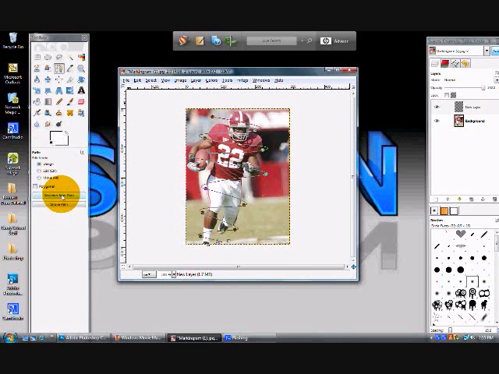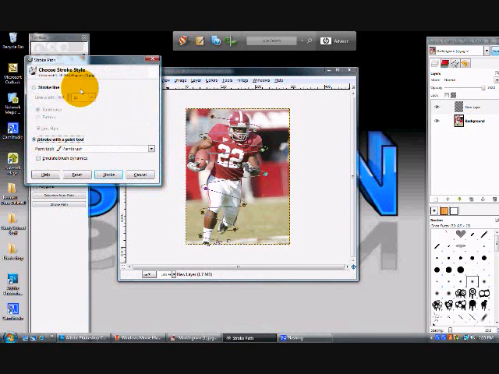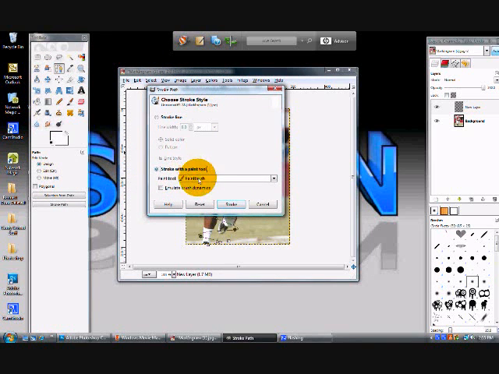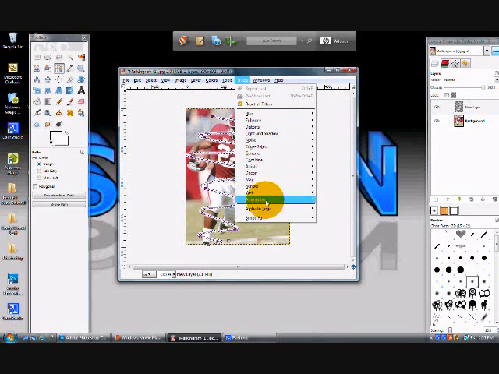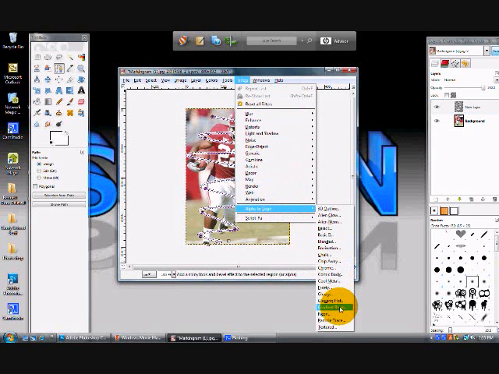Then you're going to click stroke path, check mark the stroke with paint tool, press stroke, and you'll get this white line around it. Then what you're going to do is right click, alpha to selection, filters, alpha to logo, and let's do